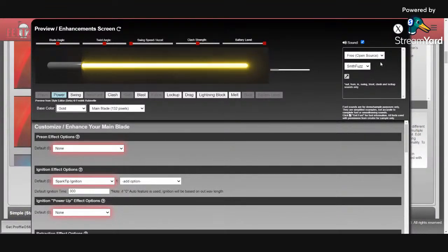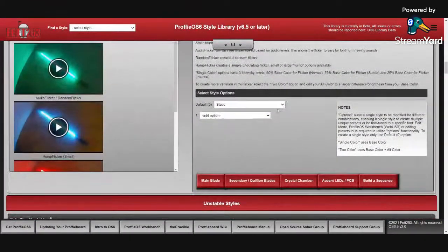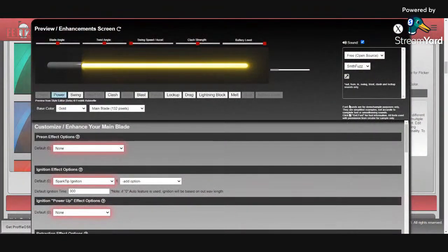Now, on top of the free ones, I'm starting to build, and this is where I'm working with the individual font makers. Let's see, this doesn't have a matched font. Let me find the style that I did build a match for. Like I have Audio Flicker built with a match. So the idea is obviously the free ones are free. They come with your Proffieboard. But what I want to get is, say I want to see what matches to this. And this is where I'm working with the font makers,